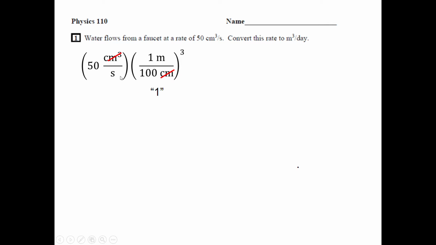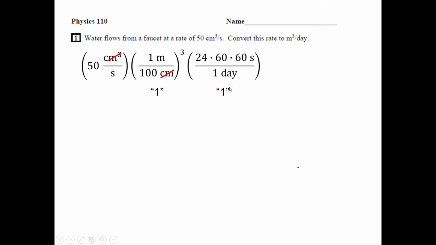and now I'm going to do the same thing for the seconds. I don't want that second in the denominator, so I'm going to put another factor of 1 over here that has seconds in the numerator and days in the denominator. So the second gets replaced with days. I've got to do a little bit of work to figure out what that is. In one day, how many seconds are there? Well, there's 60 seconds in a minute, 60 minutes in an hour, and 24 hours in a day. So there's 24 times 60